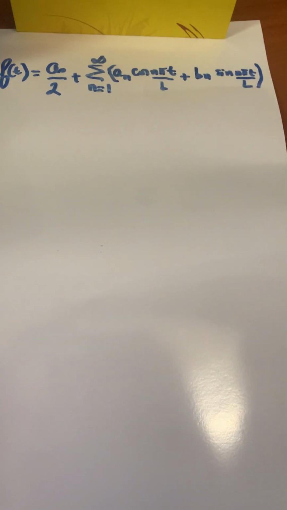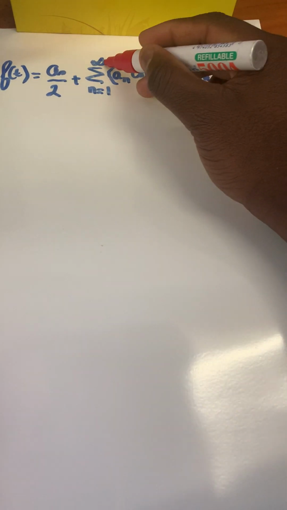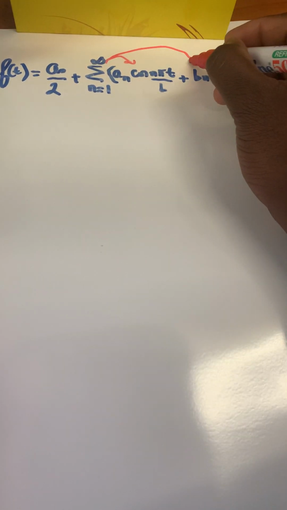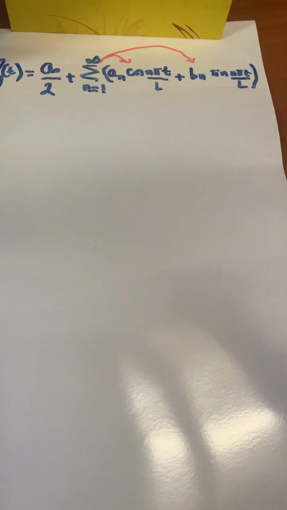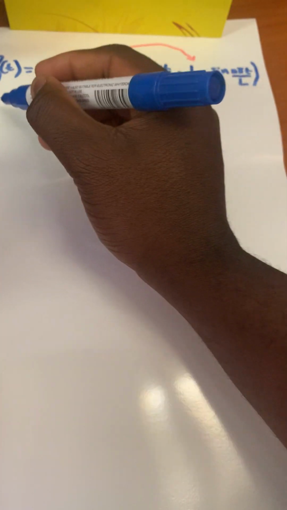Some people will distribute, they will put this here and this here. Still doesn't matter. Now you have to know the variables. First, you have to know the coefficients. a0